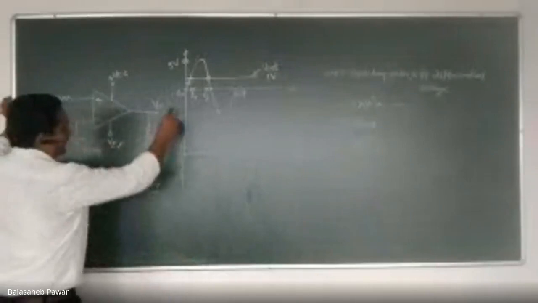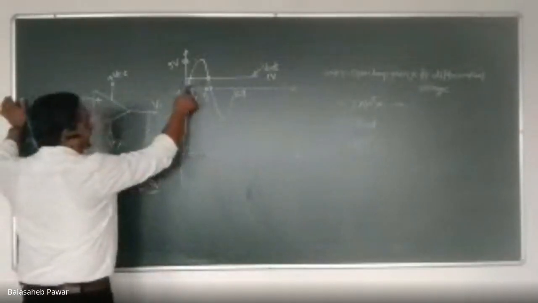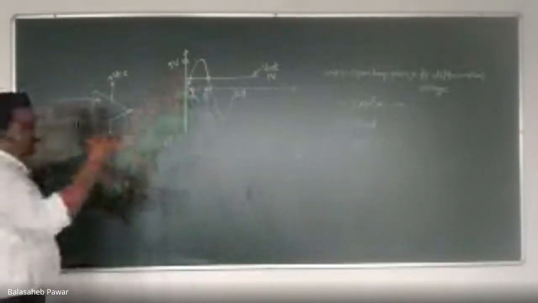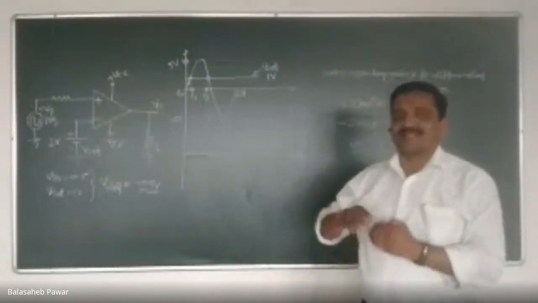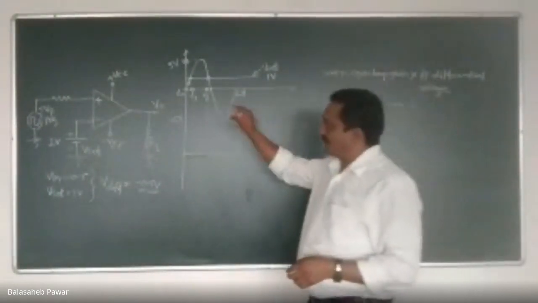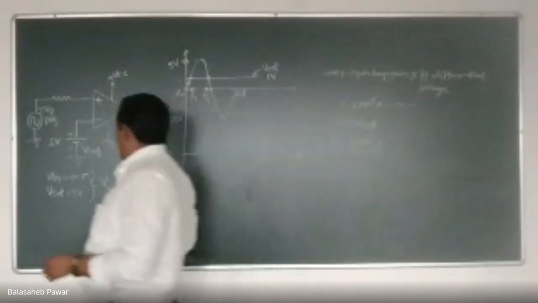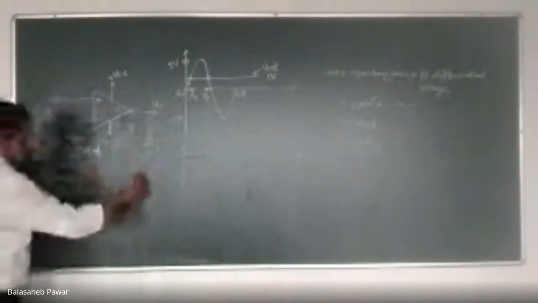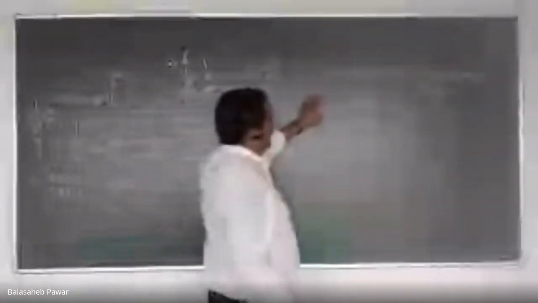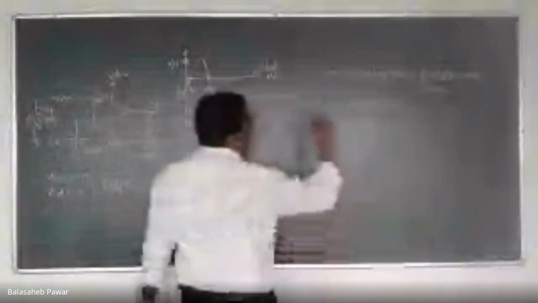At a particular time period between T0 to T1, if I consider that V in reaches just 0.5 volts, while the reference voltage is fixed at 1 volt. So the differential voltage will become 1 minus 0.5, which is 0.5, correct? And as per the formula, the gain or output of that op-amp